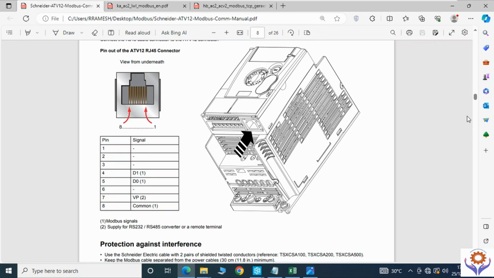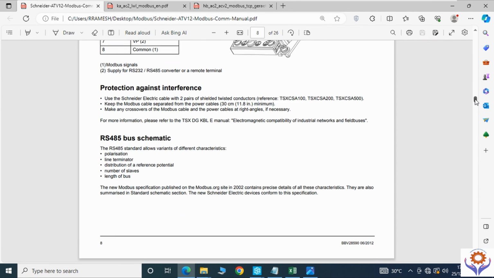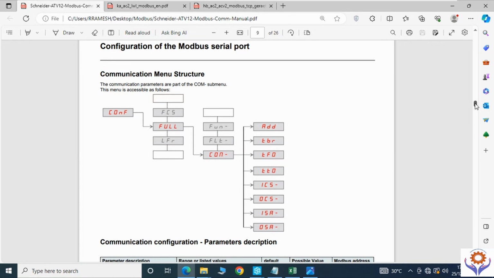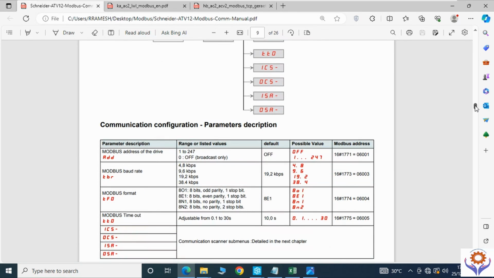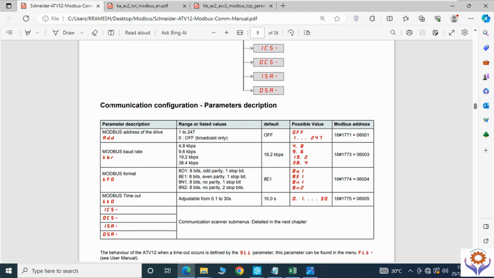And the second point, now that you already know the physical connection, for the other connections, such as the communication configuration, you need to know your slave ID. See here, this soft starter or VFD is configured for up to 127 devices. Okay, so you already have the addresses. See, Modbus address 1 to 127. You have to configure your address. Okay, and you need to configure your